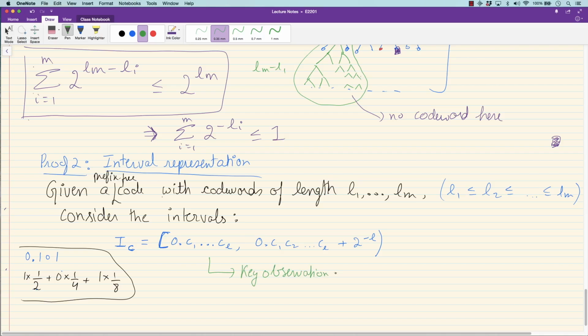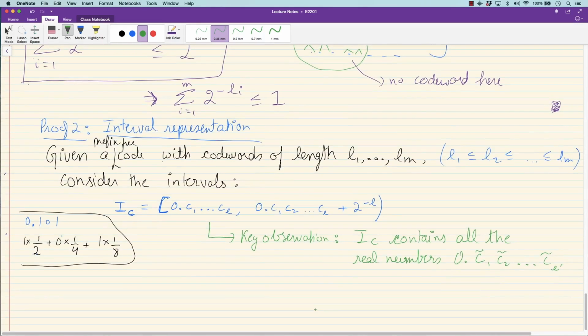IC contains all the binary sequences, all the real numbers, let's say 0.C1, C2, and some other, it can have any length, CL prime,